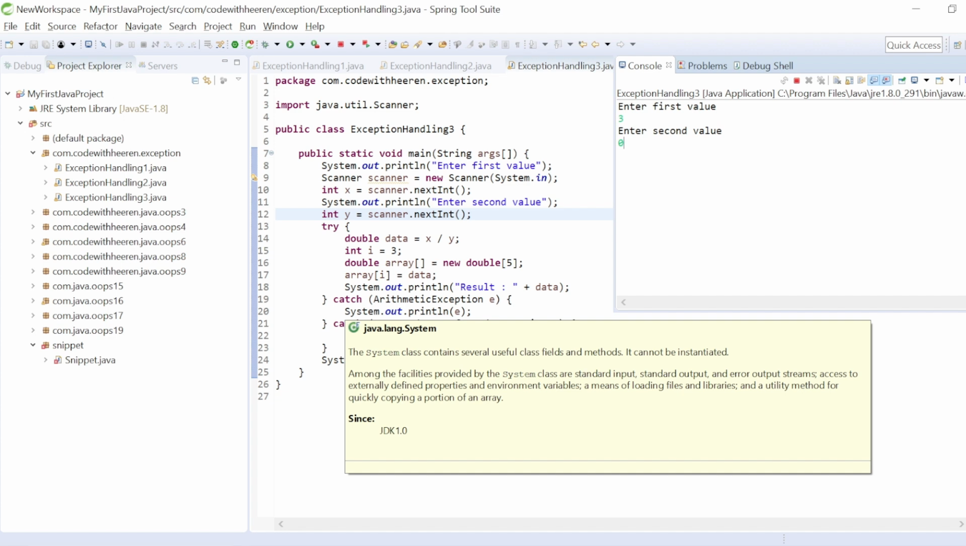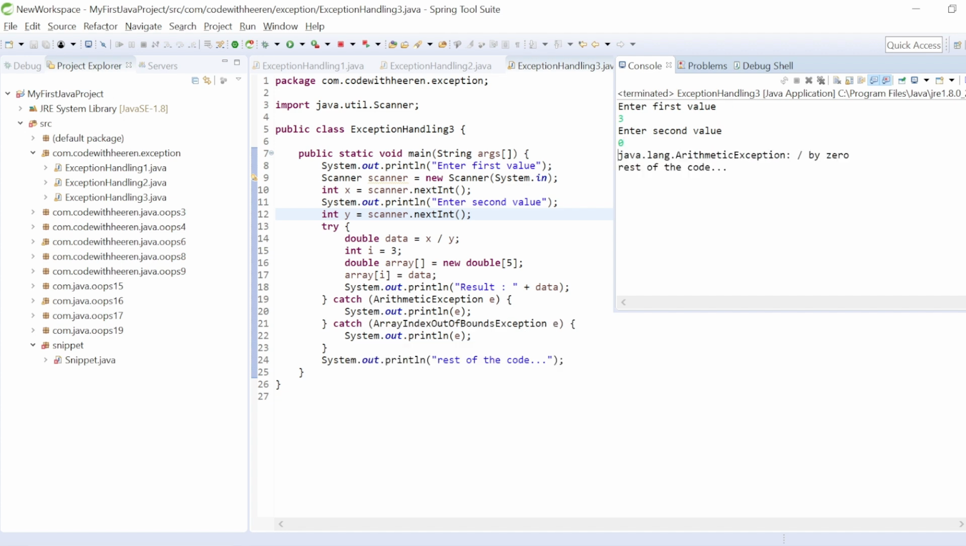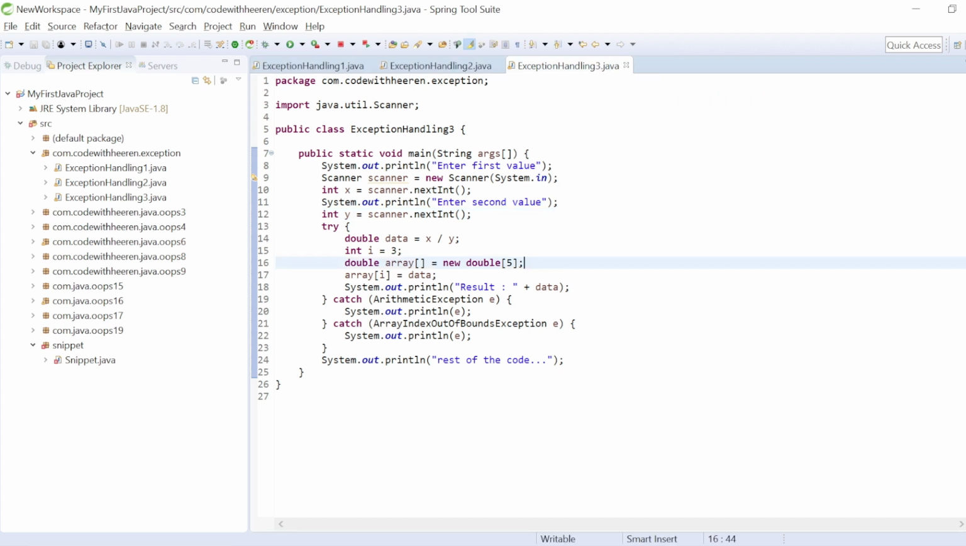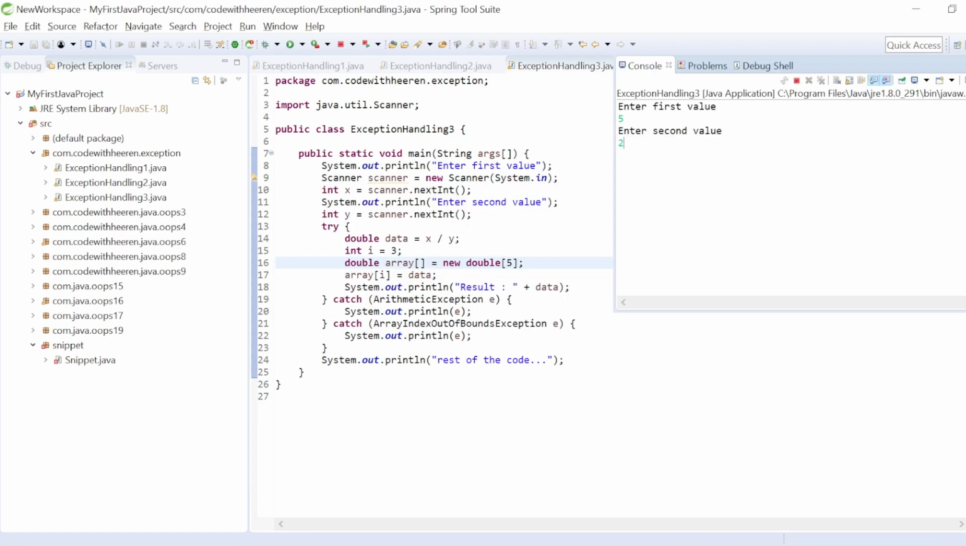Only one catch block will execute at a time. Let me run this and you can see this first catch block is going to execute, and then the rest of the catch blocks will be skipped and the rest of the code will execute. Similar to that, if I run this code once again,